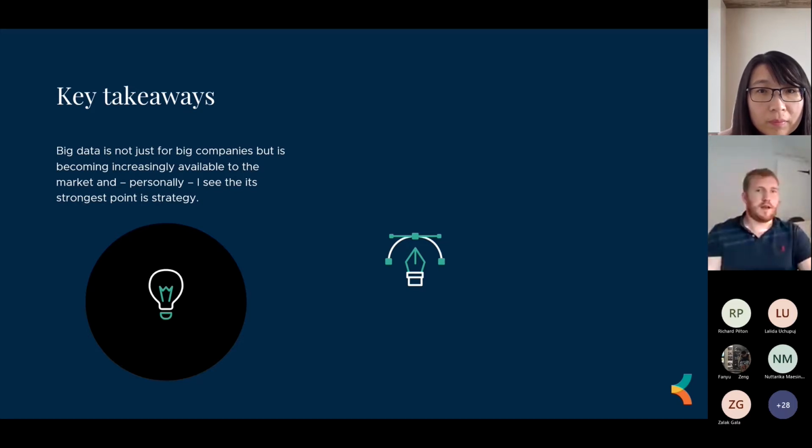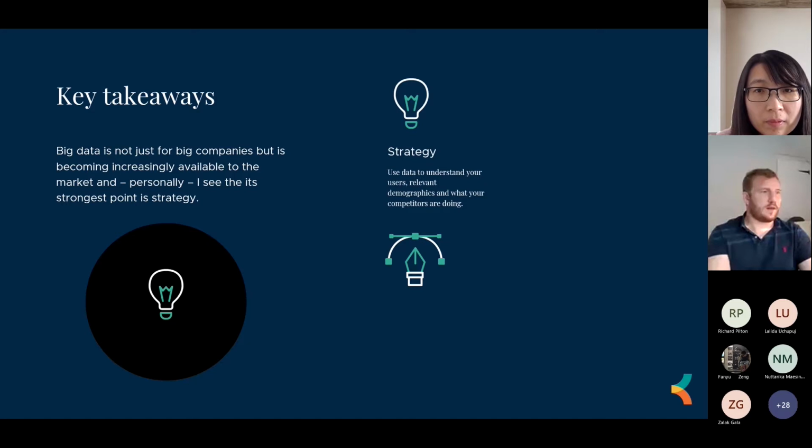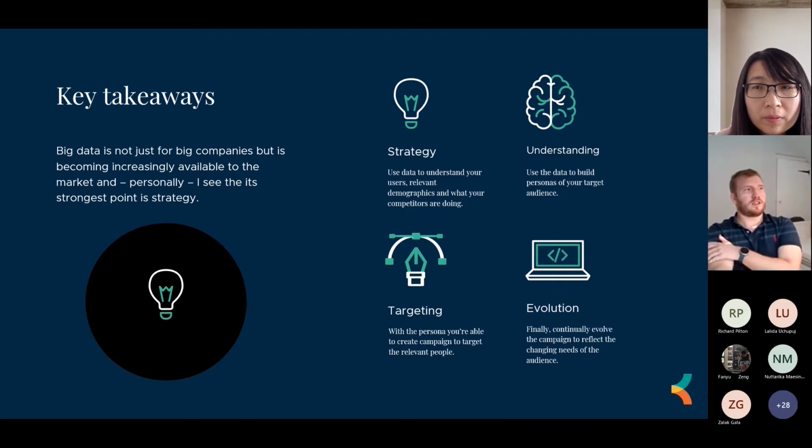And so before I leave and let Richard take over, I wanted to break it down into 4 aspects. Realistically, there's 4 key areas here that we should focus on. It's the strategy of big data, and big data does allow you to strategize. It allows you to understand, for example, using Parsons' nose, what people are doing, how people are engaging with it, and to create something that hopefully you can market to your individuals that you're looking to target. And then with that strategy, it gives you an understanding, because you then understand who those